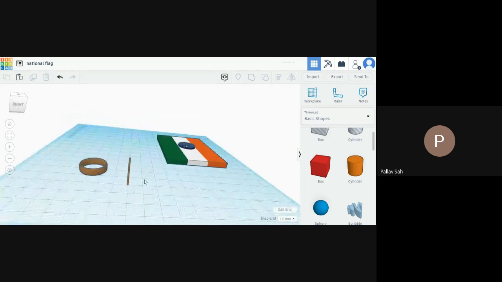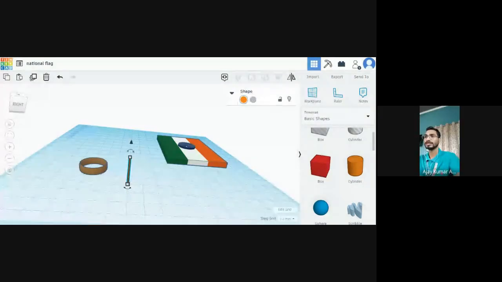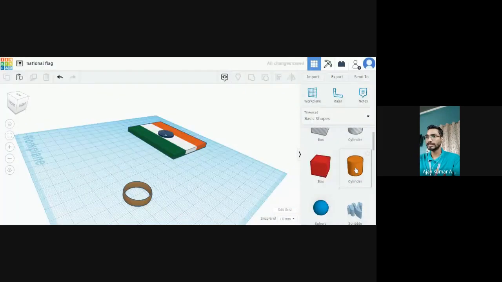Nirak, till this part it's fine? Sir, after the meeting, I will send you. Sure, sure. No, I'm just confirming from Nirak. Is it fine till this part? Sir, can you repeat how to reduce the diameter? Okay. So I'm going to delete it. Okay, so you have to select the cylinder.